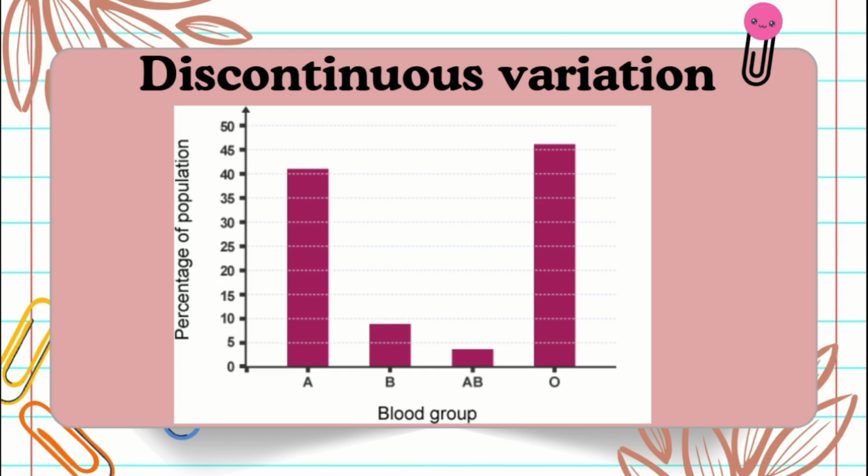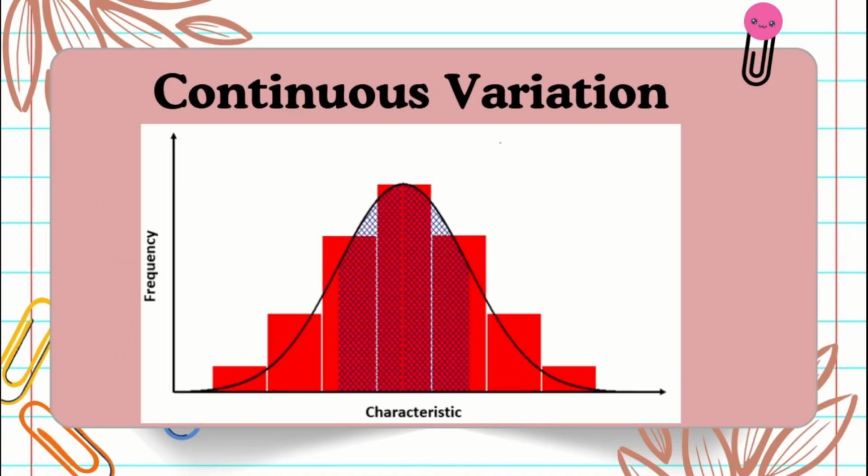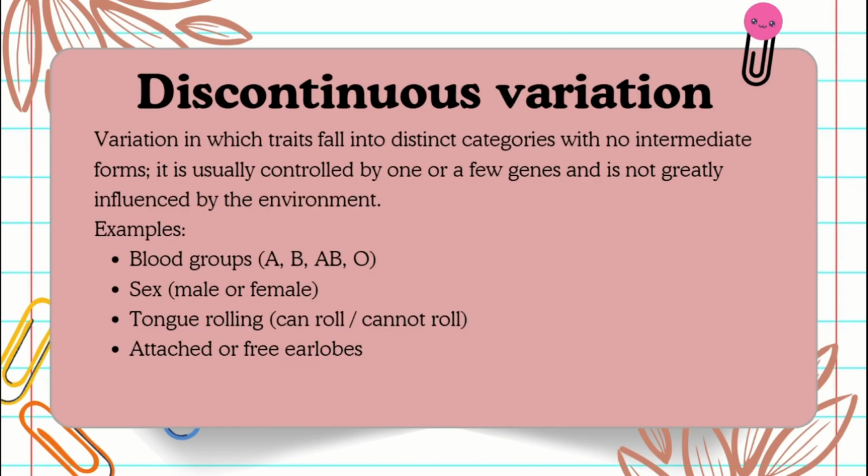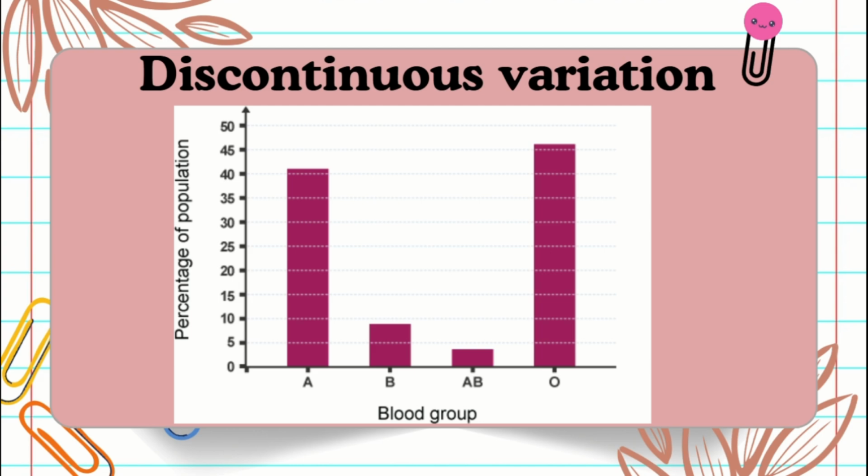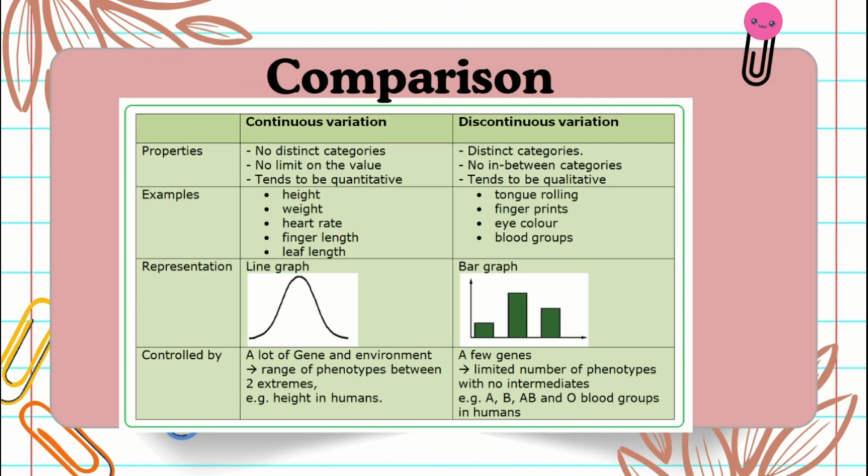And if you look at the graph, it shows clear-cut categories. This is showing different blood groups. If you look back at continuous variation, it was more curvy, it wasn't defined. While in discontinuous variation, it is very much defined, with clear-cut categories. And then this is a comparison table showing you continuous versus discontinuous variation. Just going back to it,